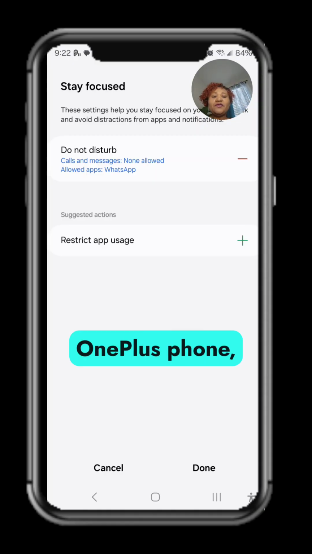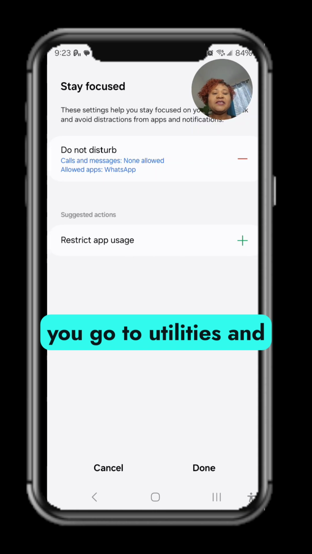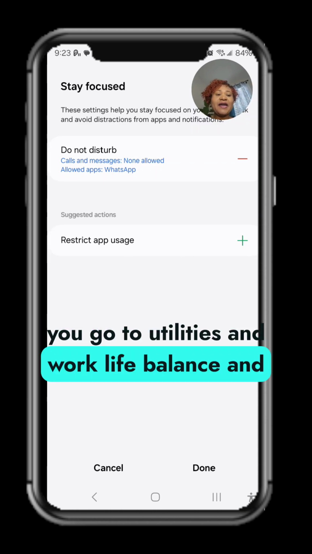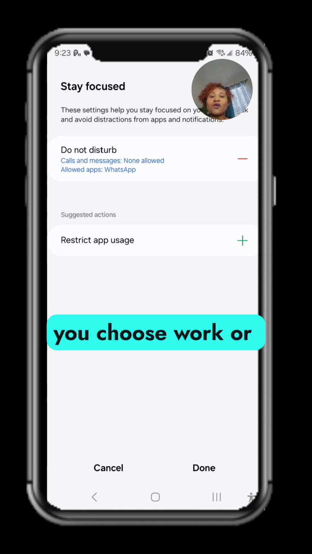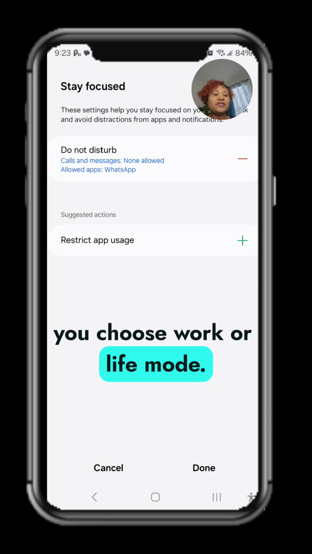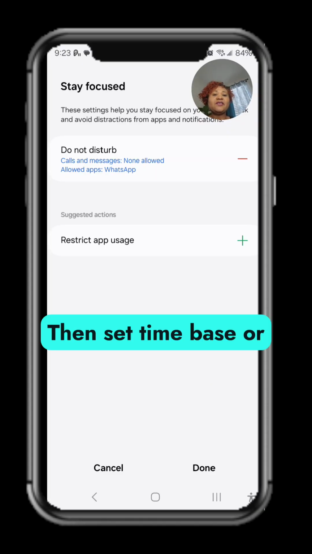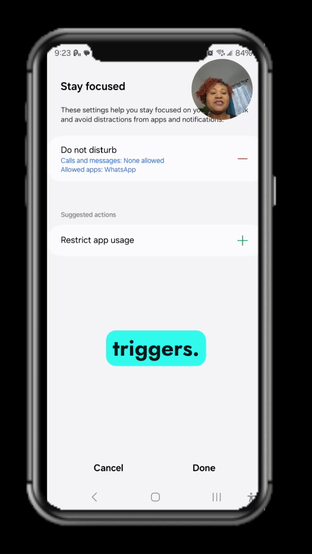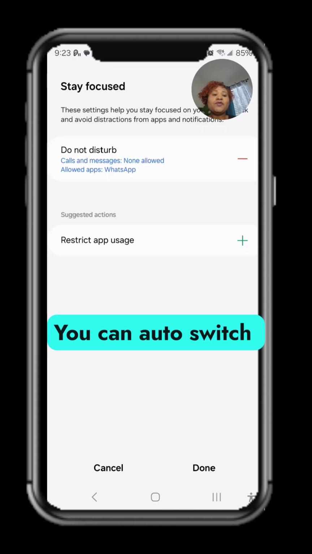For OnePlus phones, you go to settings, utilities, and work-life balance, and you choose work or life mode, then set time-based or location-based triggers. Under each mode, select allowed notifications and apps. Save your schedule. You can auto switch between work and